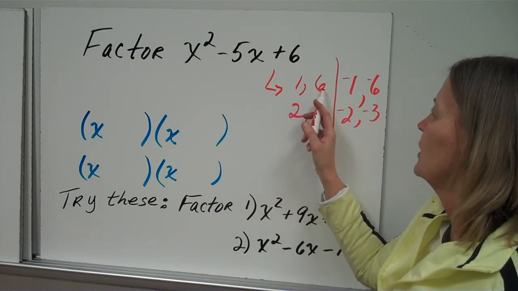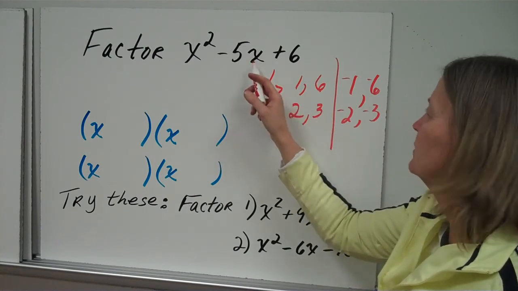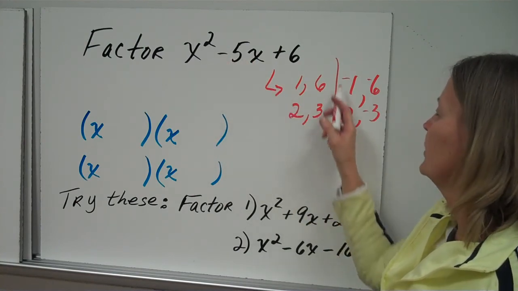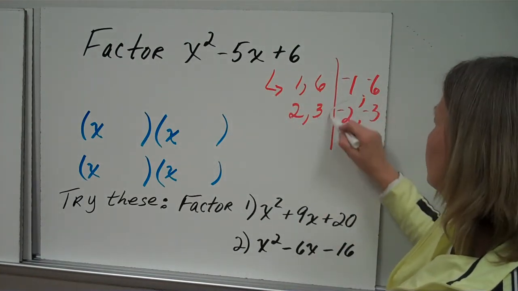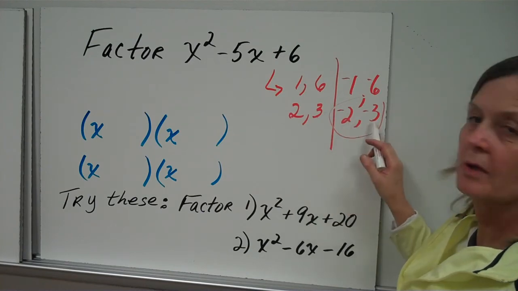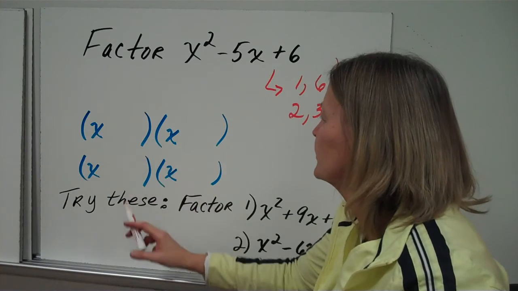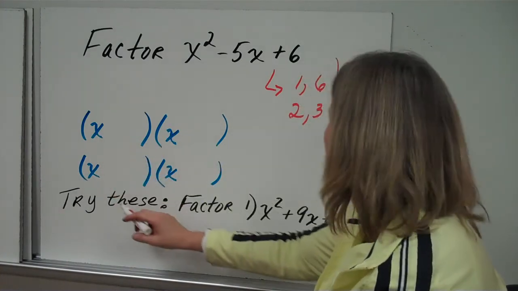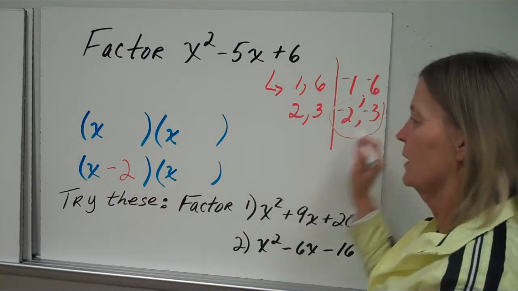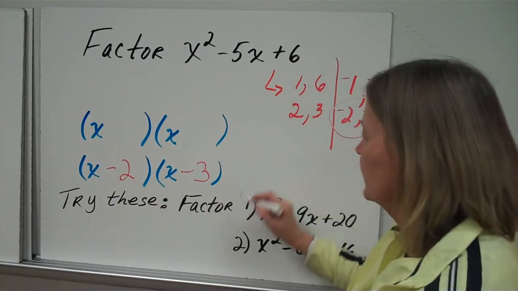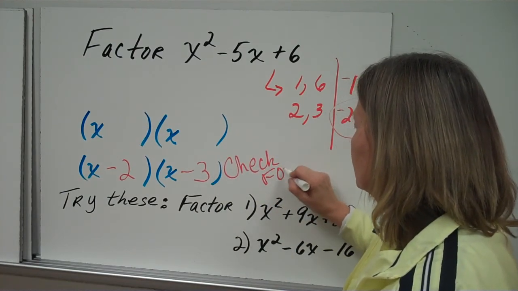Does adding 6 and 1 make a 5? Adding 2 and 3 make a 5? But it's got to be a negative 5. Which of these pairs add to a negative 5? This is your pair to use. Negative 2 plus negative 3 is a negative 5. So again, fill in your x for first spots, and then I'll fill these in with a minus 2 and the minus 3. Again, if you check with the FOIL or the box,